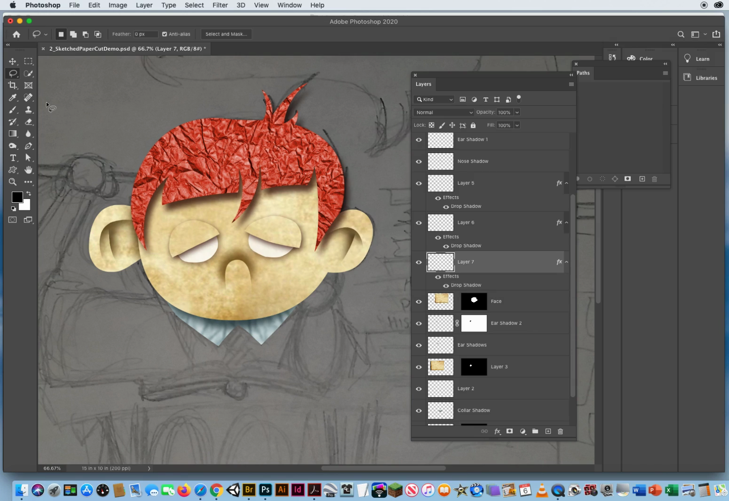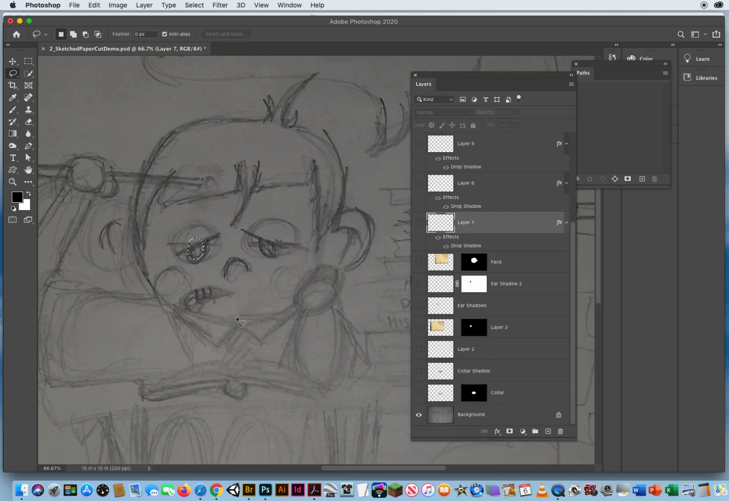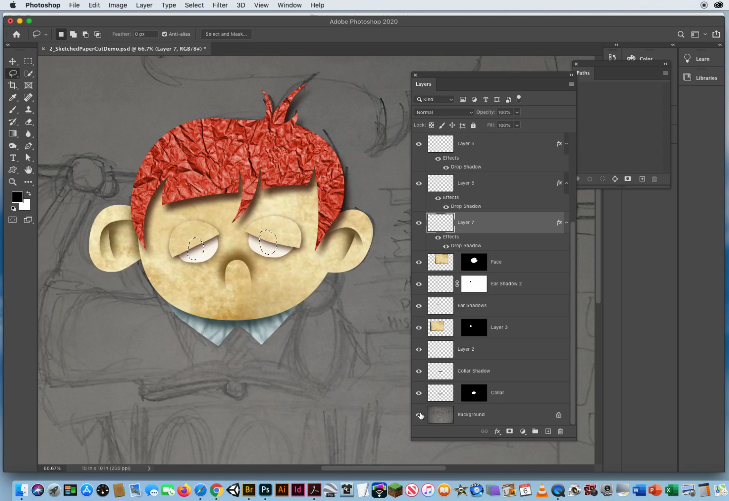Cool. All right, let's take the lasso. We'll finish off these eyes. So we'll do another little oval right there. And let's see if I have that right. Yeah, that's pretty close. Shift key, we'll do another little oval right there. Option click the eyeball. And just for argument's sake, I'm going to come down to the head, hit Command J